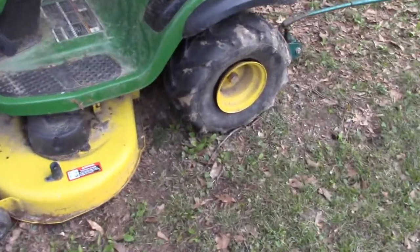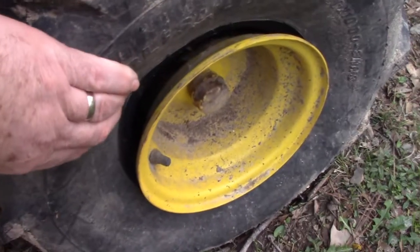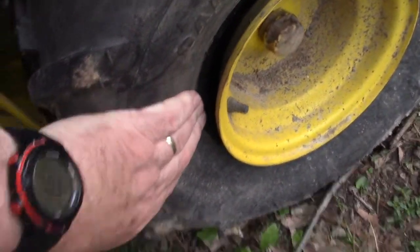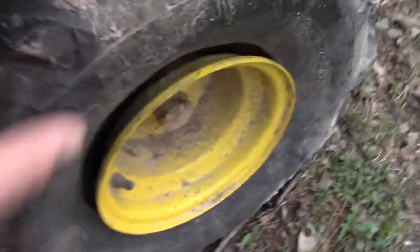Alright, so the wife comes to me, she says, I need to fix the tractor because the tractor tire is flat. So I was going to jack this up. This does not have an inner tube. I was going to jack it up and try to put some air in it, but when I got out here, I noticed,